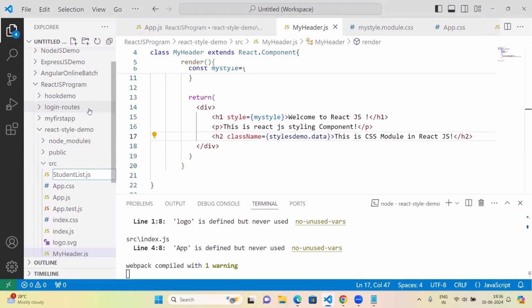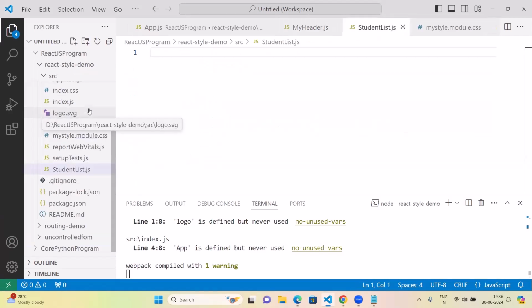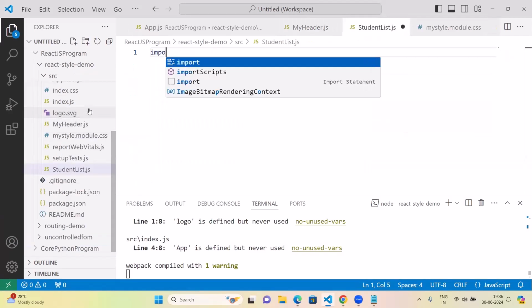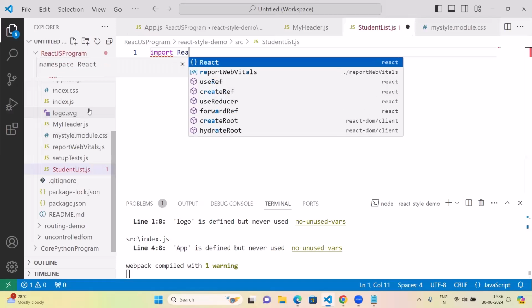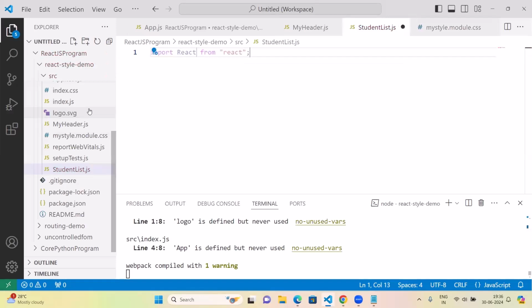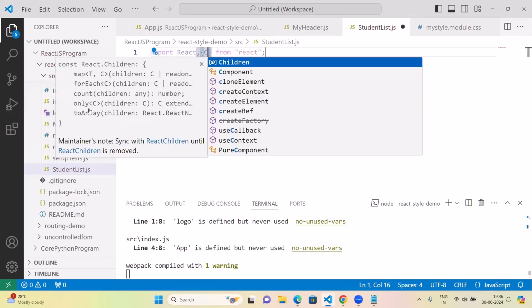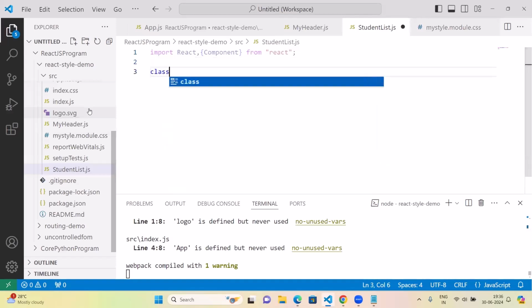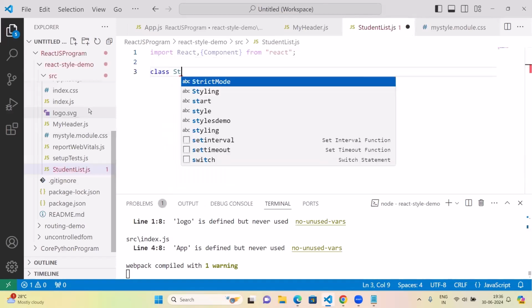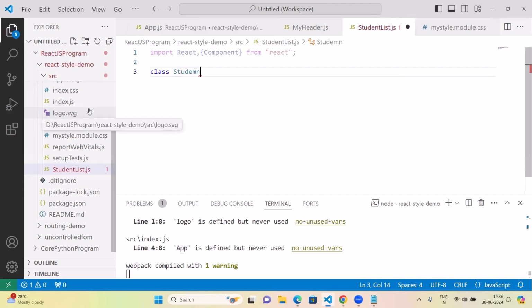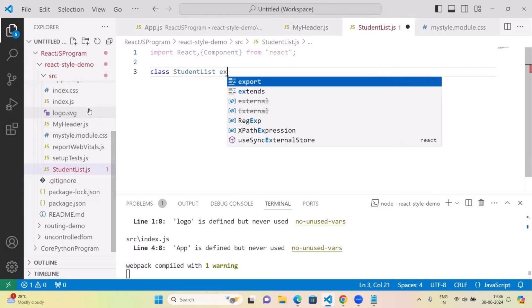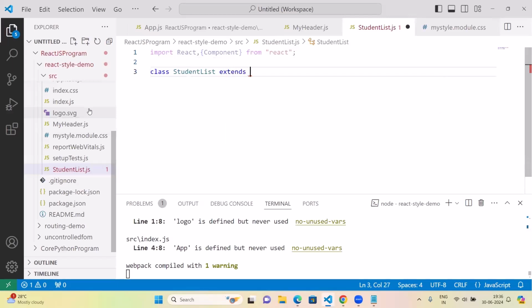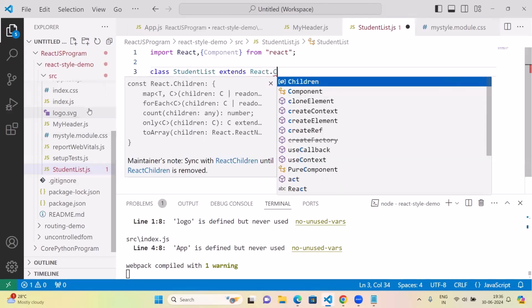dot JS. Now here I need to import React from this component, also we need to import it. Then after that we need to create a class StudentList extends React.Component,